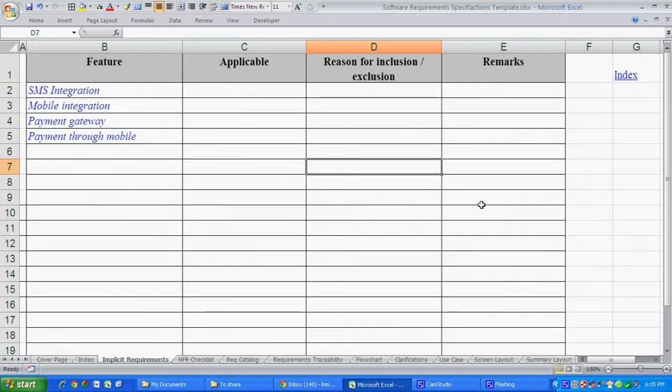The very first tab is implicit requirements. It is an interesting addition to the software requirements template, because many times we have observed that there are certain inherent expectations in the client's mind which do not get expressed, because the client always feels that a software development team or community would be aware of these features and will implement them. So the reason for us to develop this implicit requirements template is to make sure that such requirements are actually